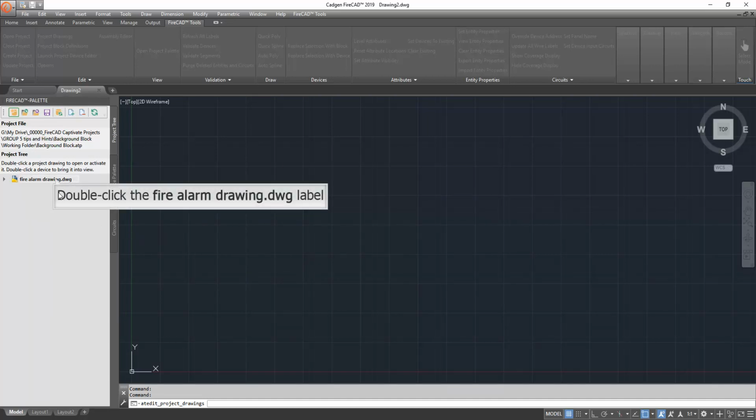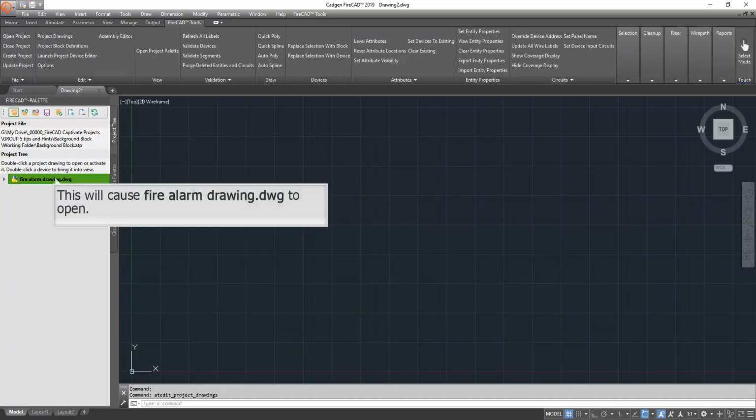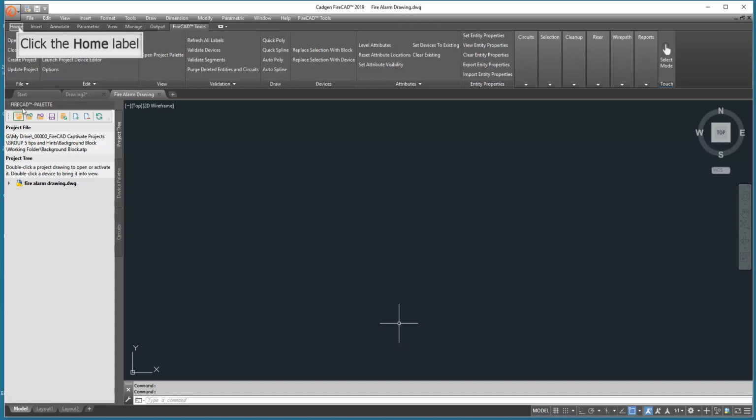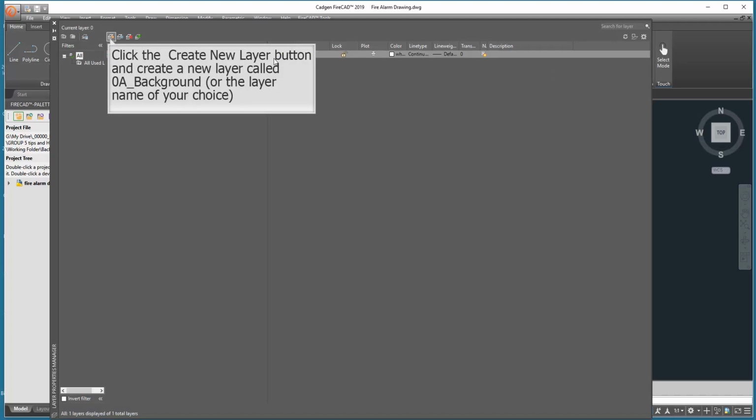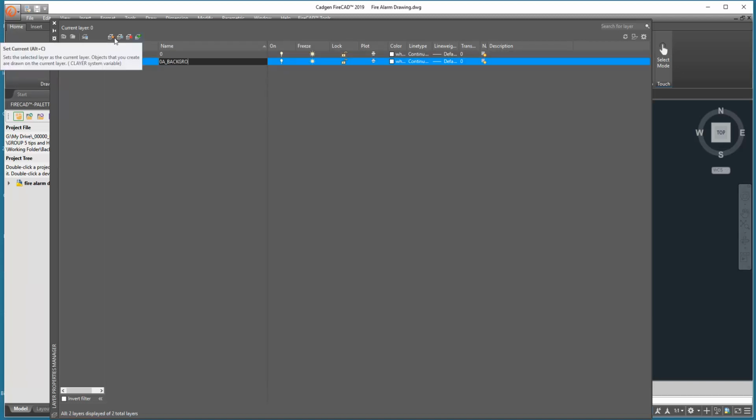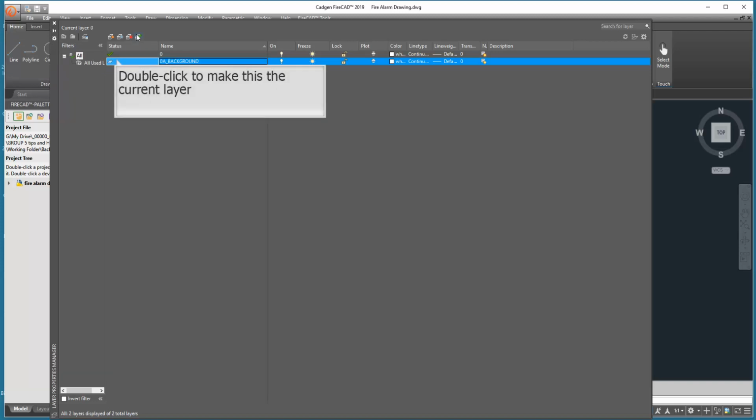Now we double-click the name of that drawing, and it will cause the drawing to open so that we can see what we're working with, and there's nothing there. Now we click the Layer Properties button and we create a new layer. We're going to call this 0A Background, or any name of your choice. We now make this the current layer,